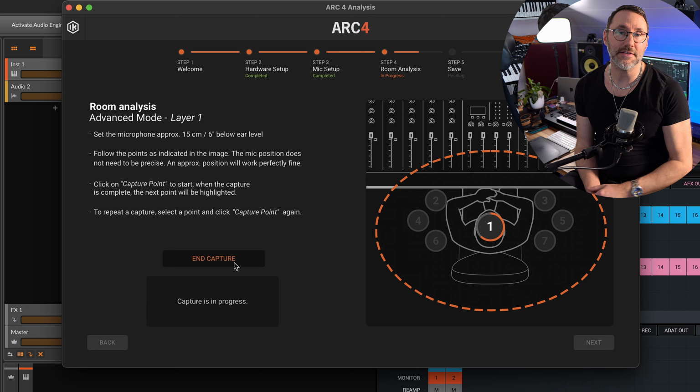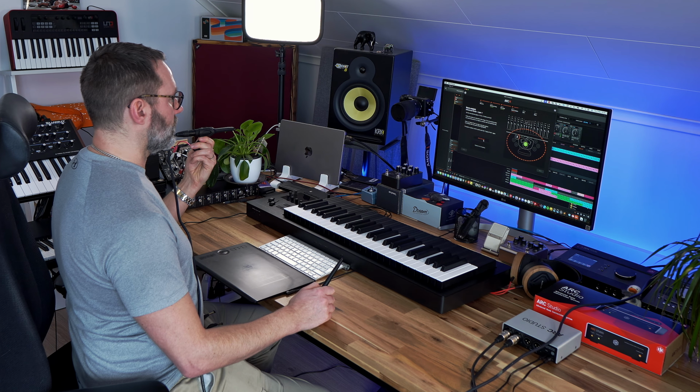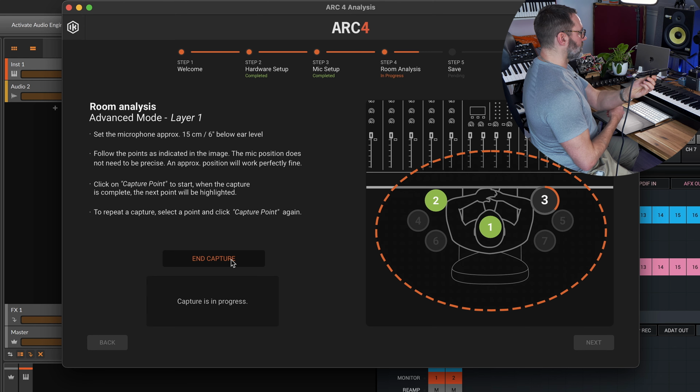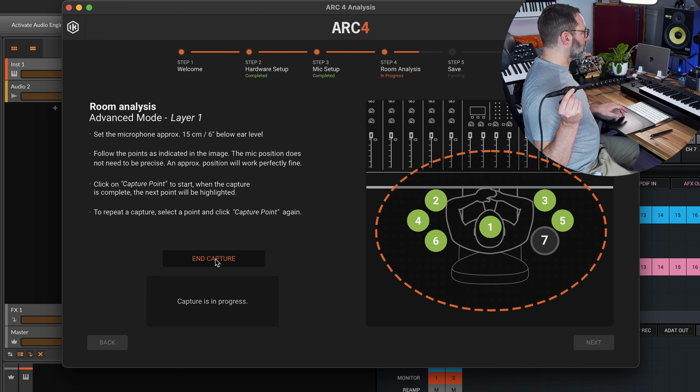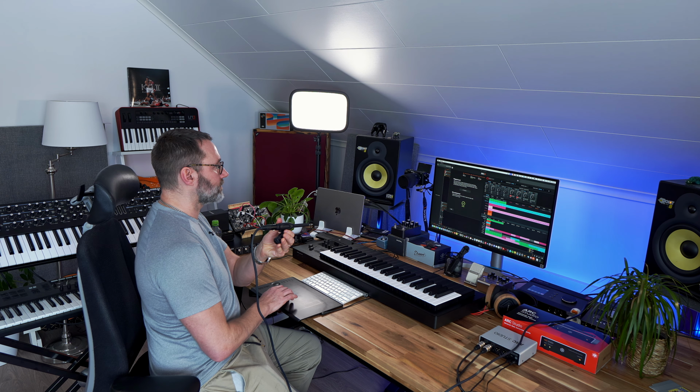Okay, so a room calibration process goes something like this. You have the software playing a sine wave through your speakers, which will be picked up by the microphone. And you will get the frequency response according to your room acoustics. And you will need to move around the microphone to different positions depending on how the software wants you to place the microphone, so you can get a profile for the listening position.